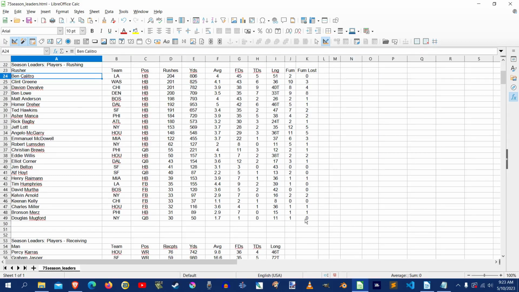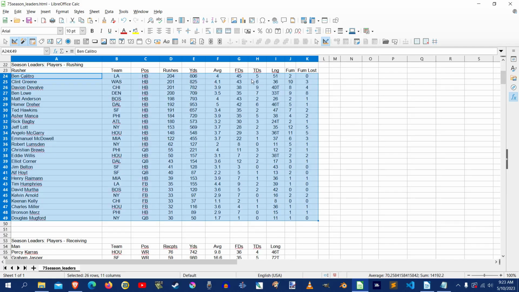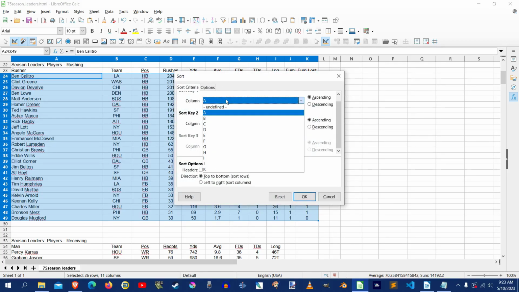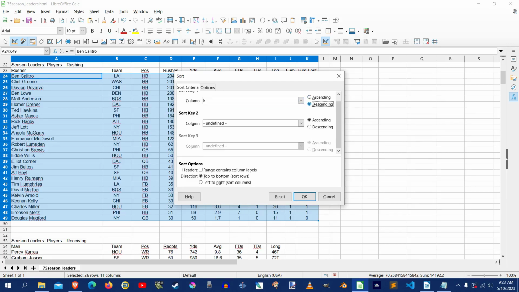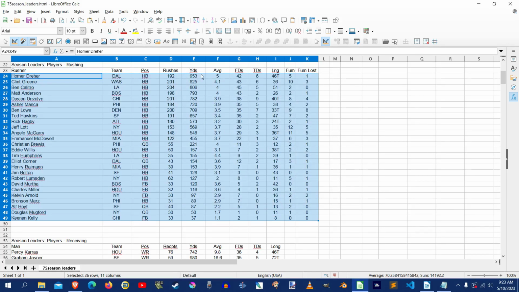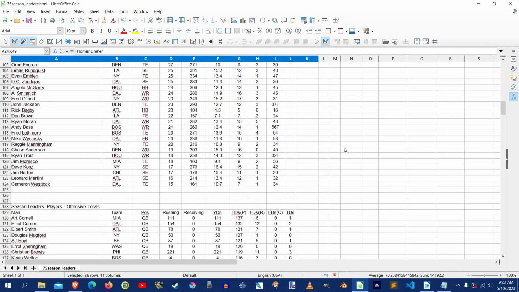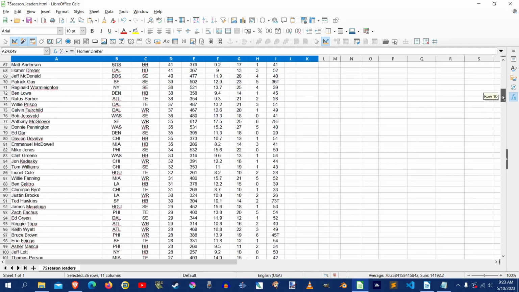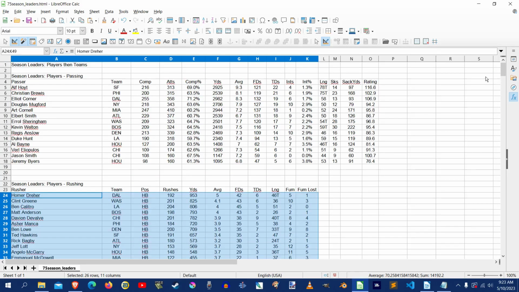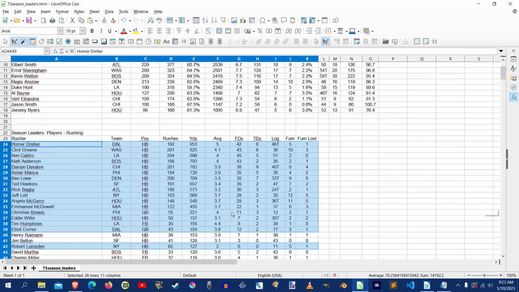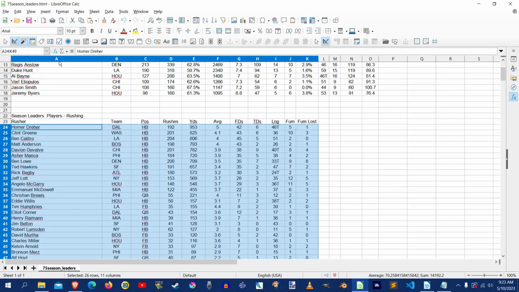If you want to do rushing yards for running backs, select the first player's name and then the bottom corner. What do we got? Yards is E. So go to this little square here, sort, column E, descending. Okay. And you got Homer there as the leading rusher. Again, go and do that to every category. If you want to, you can leave it alone if you don't care, if you just want it out there. But if you want to sort by a particular category for each position, then you would go through and do that for each category. And then once you're done,